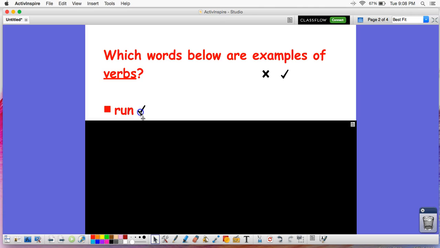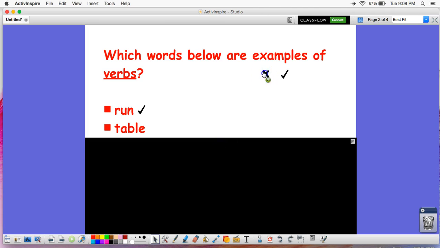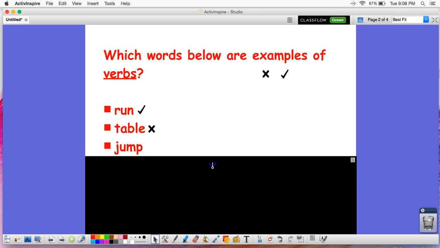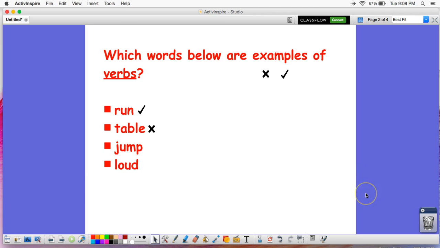and drop an X or a check to show which are examples of verbs. And then it can go that way for as many examples that I have. If I want to turn the Revealer off, I can go right here and just close,